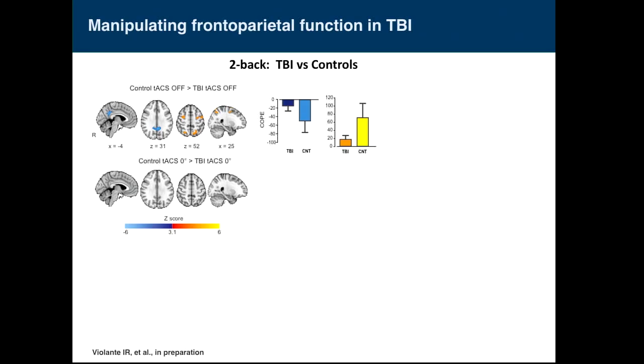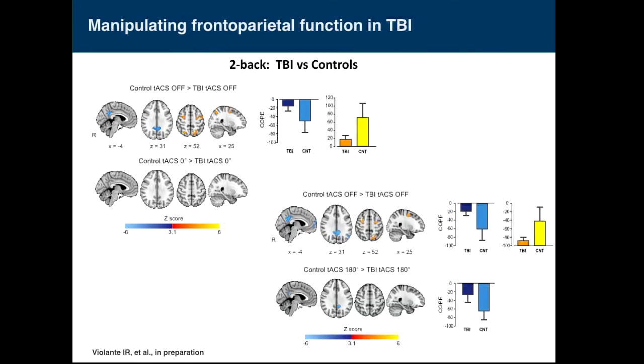Another typical pattern for patients with TBI is a change in activity, in this case the activation of the default mode network during cognitively demanding tasks. And what we see when we apply brain stimulation is that this pattern is restored, so we don't see a difference anymore between controls and patients with TBI. Something very similar happens when we impose the desynchronized condition. However, we don't restore the pattern in the default mode network completely.